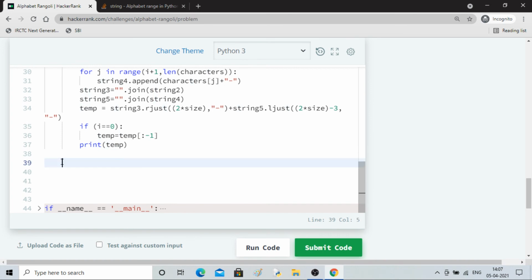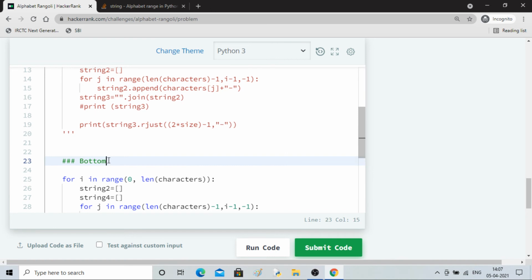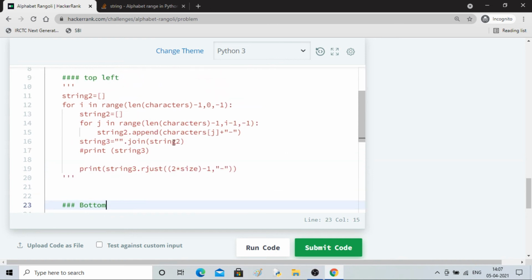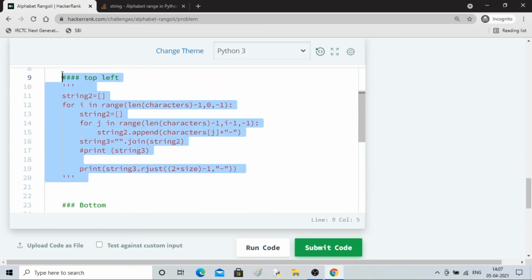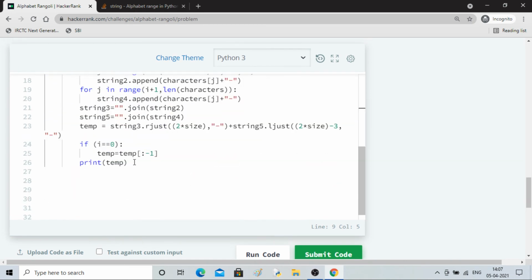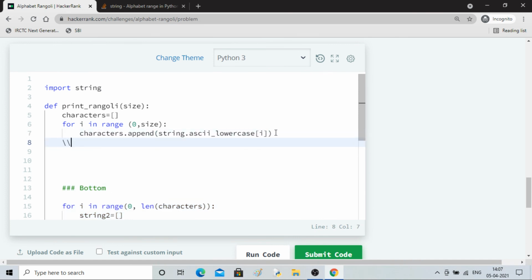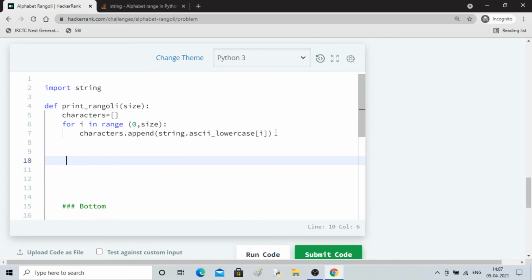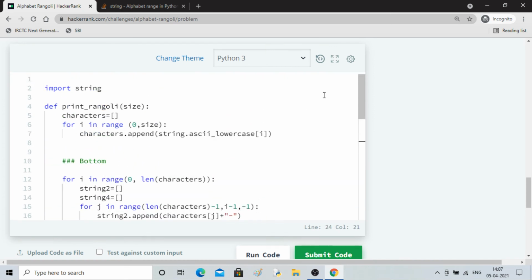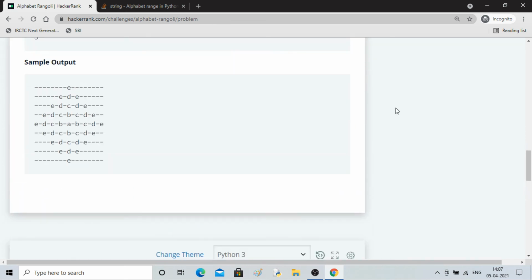Now everything is removed, so it is like an iterative process the way I have done. So I can remove this and I can write bottom. This also I can remove. Okay, and I have to write for top code. So I'll take this, copy it, remove this guy, and then I'll write top here. So I just have to change the arrangement.